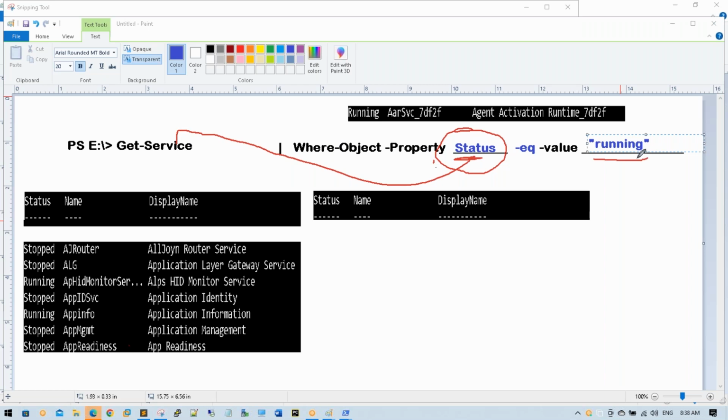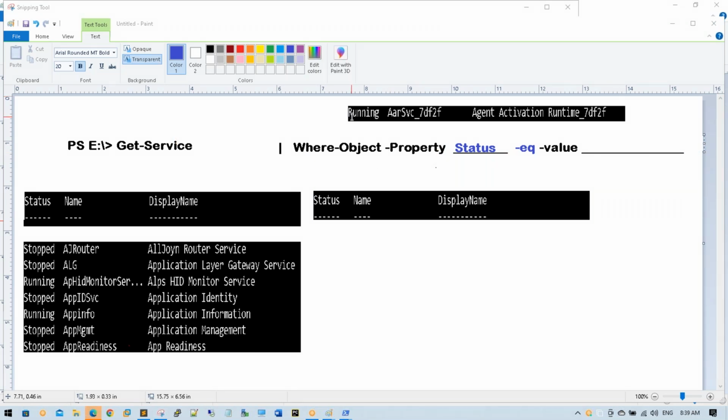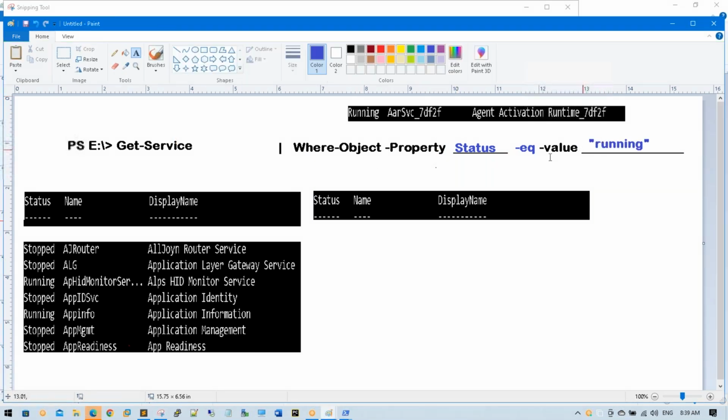What is your required value of every object of the status? You are searching for the status property. I mean, how will this actually work? See, the very first time, the first object will come. The right side is fixed, sir. The right side is the value. Now tell me, while reading the first object, the pipeline operator is sending the first object,